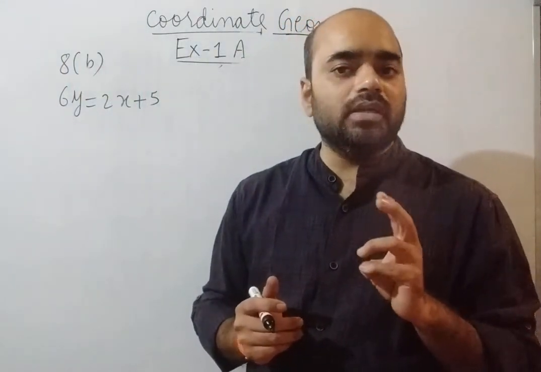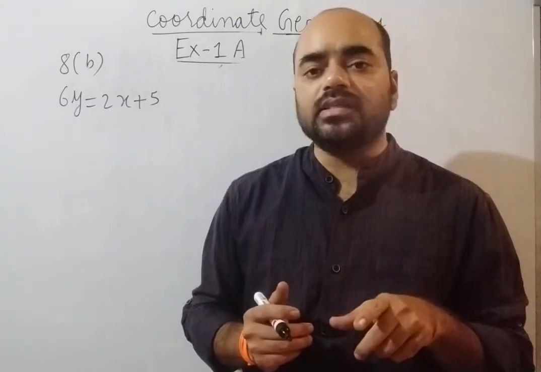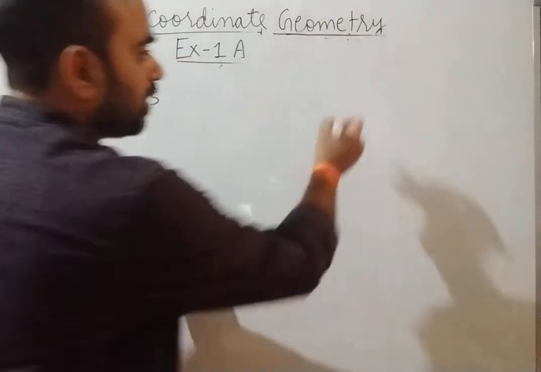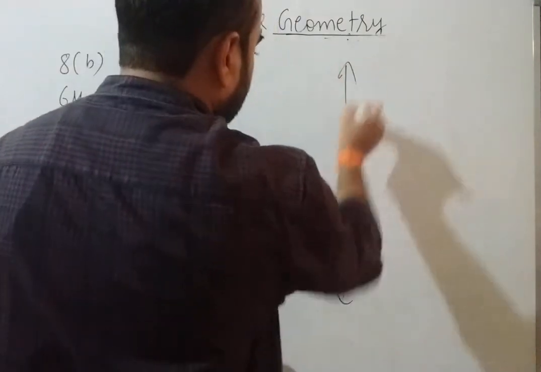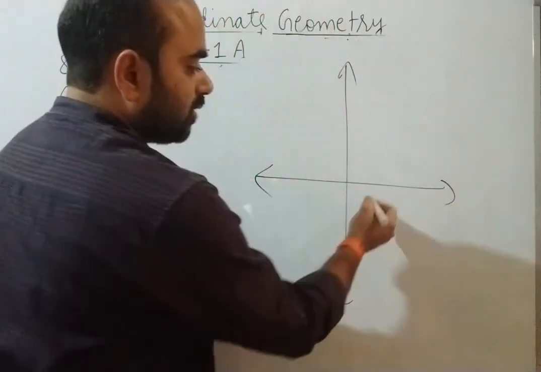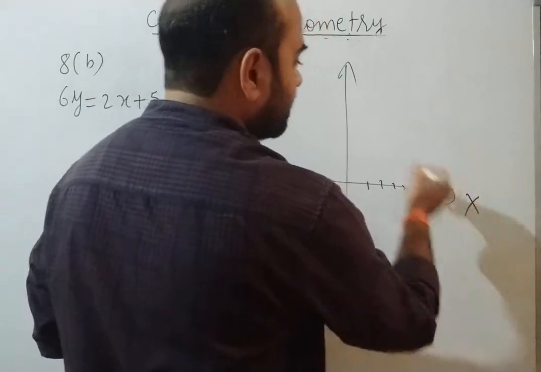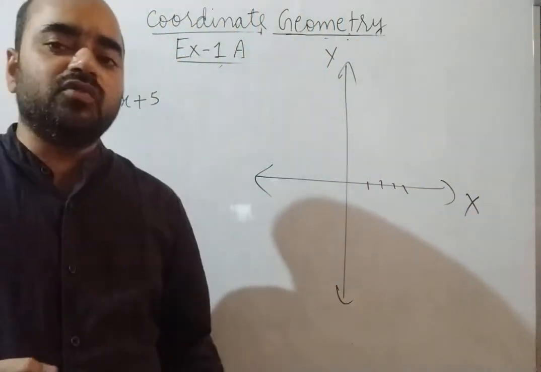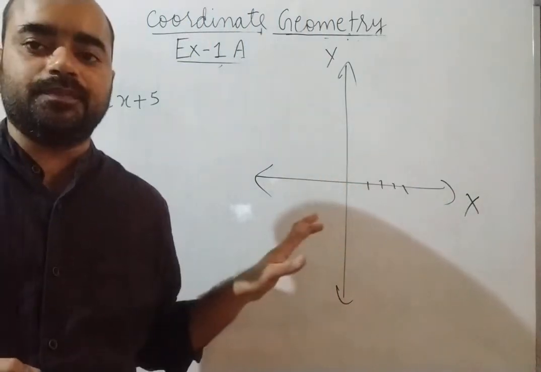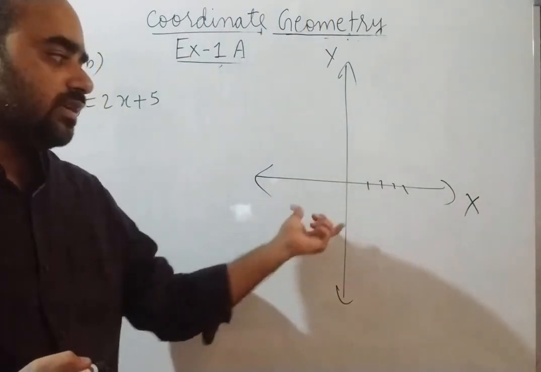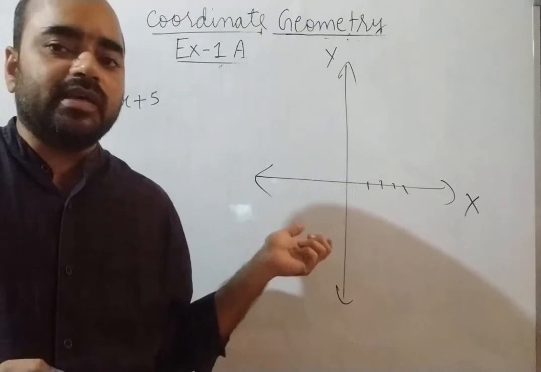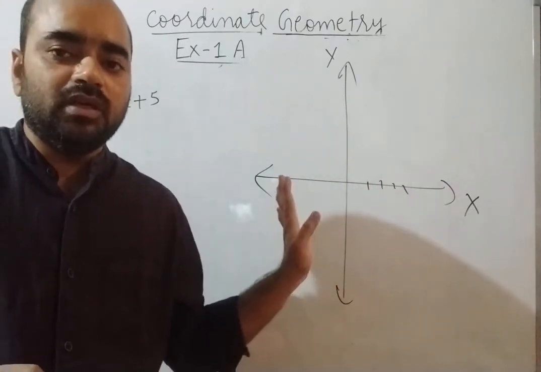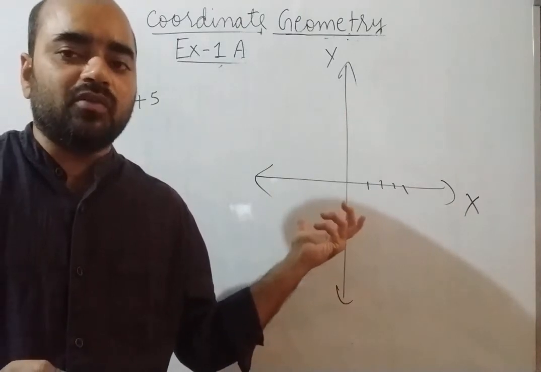X is called the independent variable and y is called the dependent variable. Why? Whenever you are drawing these two, the independent quantity is always plotted on the x-axis and the dependent quantity on the y-axis. As you will plot the x-t graph in physics, time is always plotted on the x-axis. Why? Time is independent. According to the time, position will be calculated or found.